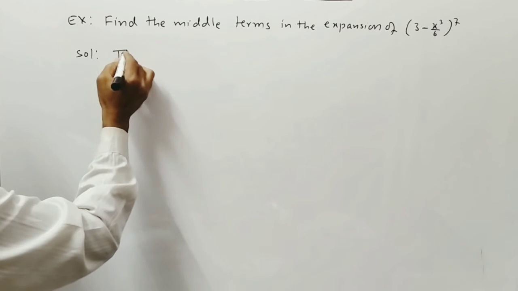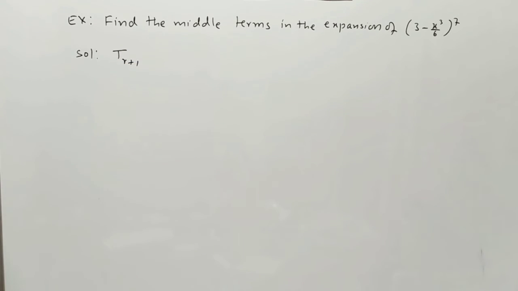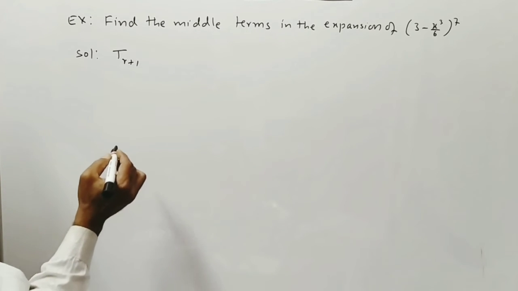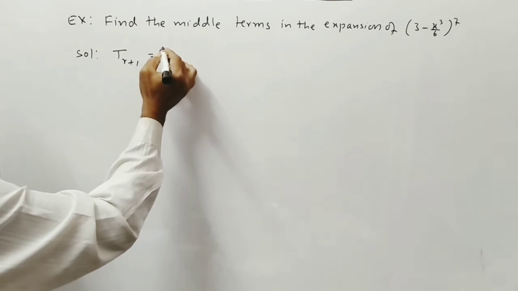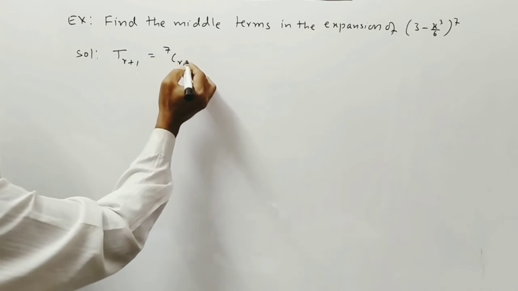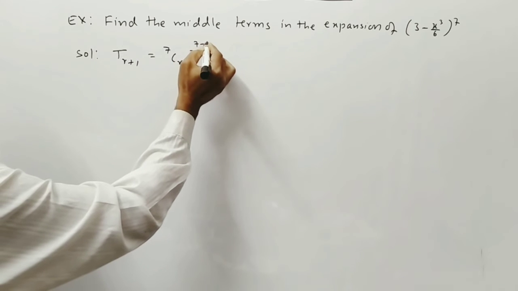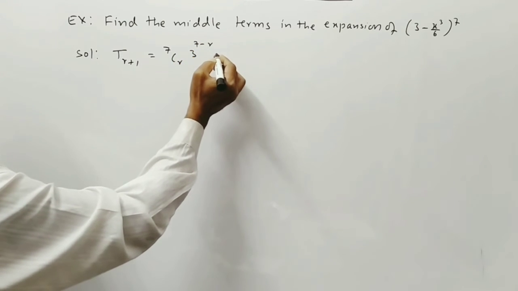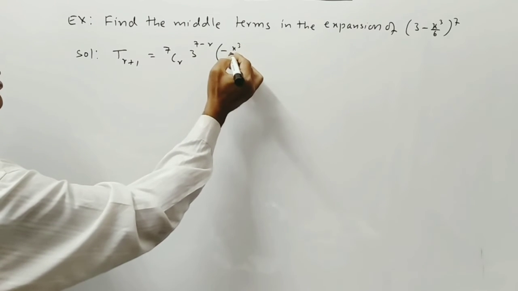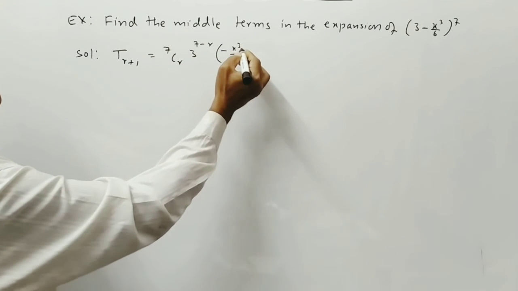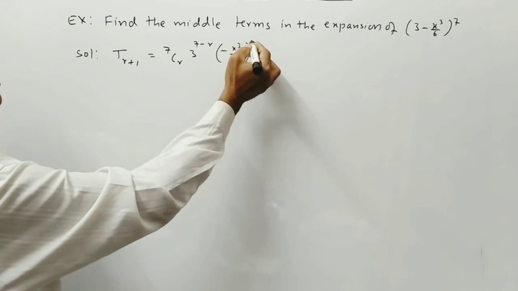General term in the expansion of (3 minus x cubed divided by 6) whole raised to the power 7 is t(r plus 1) is equal to 7Cr into 3 raised to the power 7 minus r into (minus x cube divided by 6) whole raised to the power r,